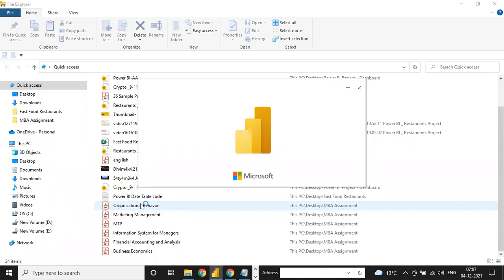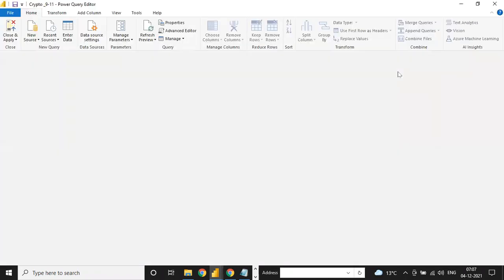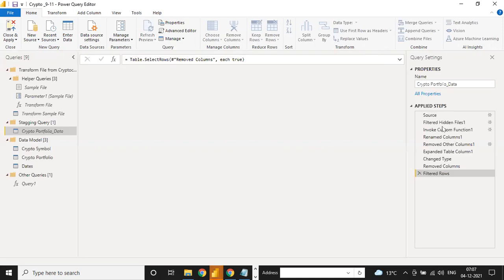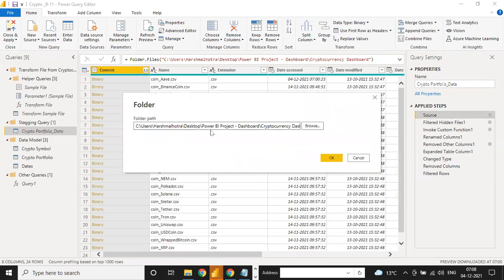If the file opens on your desktop, then you have to change the data source. How to change the source? Open my file on your desktop, go to Transform data, and on the right side you have an option to change the source. If you click on the source button, there is a settings option. Click there and change the source.